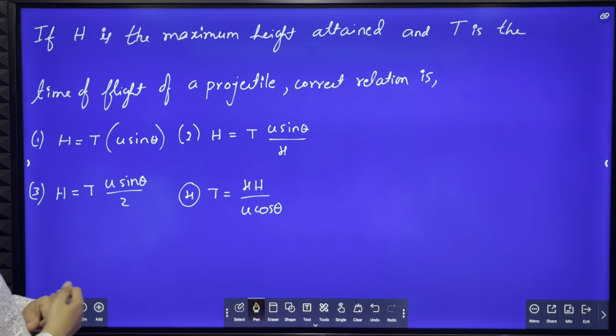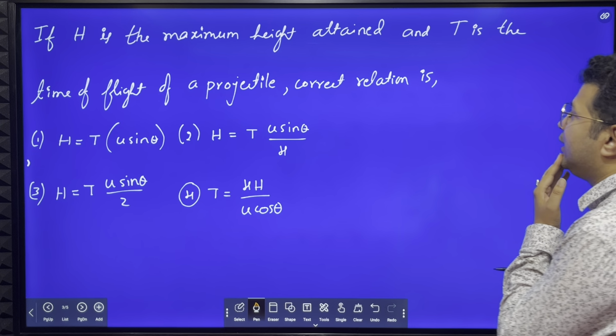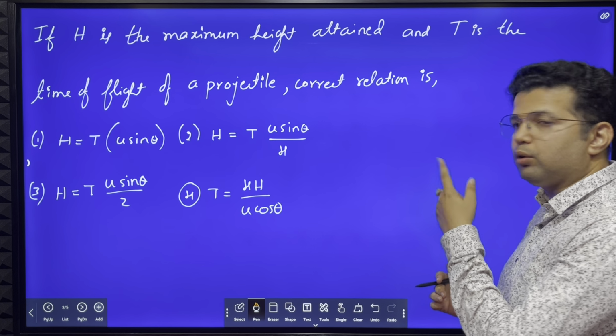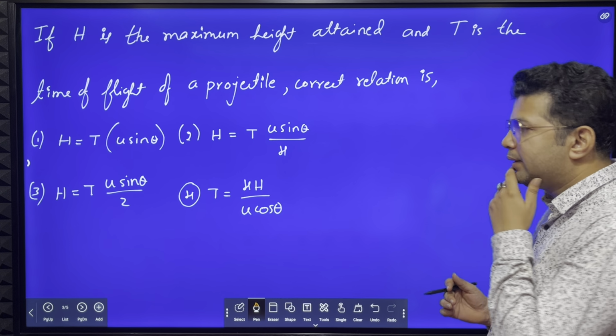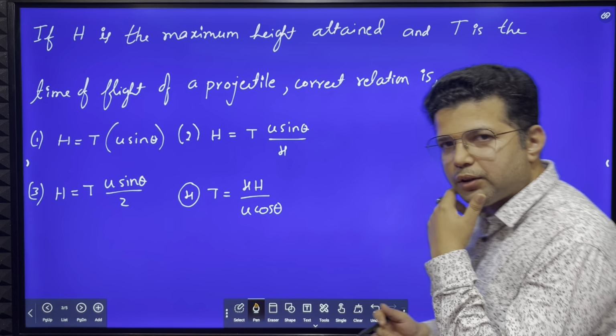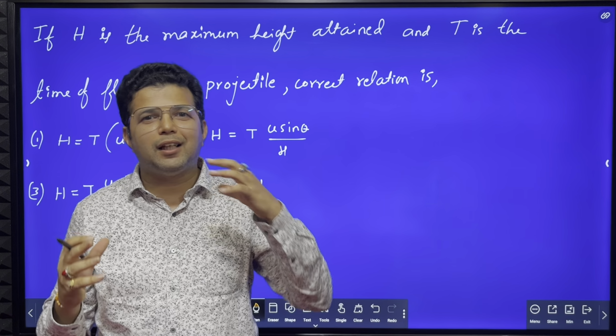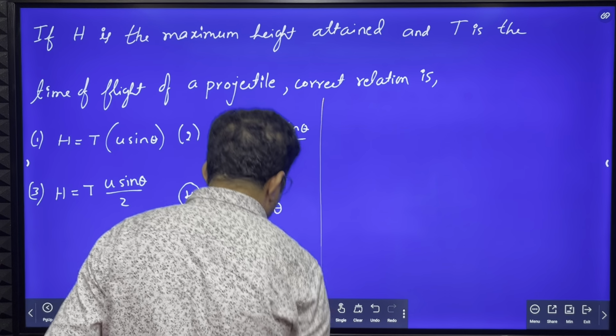Next problem. If h is the maximum height attained and t is the time of flight of a projectile, the correct relationship is: h is equal to t into u sin theta, or h is equal to t into u sin theta divided by 4. These are the options. In all the options, you see there is h and there is t. There is a relation between h and t. Then what you do is